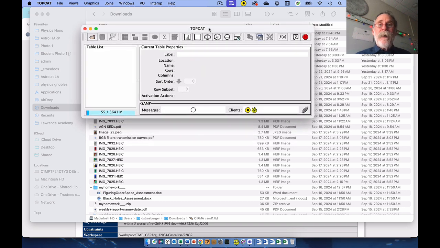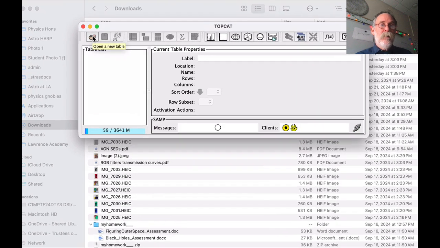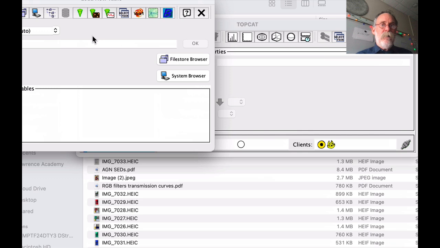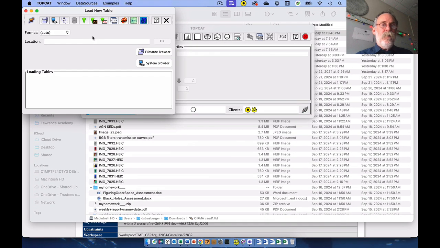And TopCat is basically a tool for working with really big tables, or for working in helpful ways with multiple tables. So I'm going to open this thing up in TopCat. I'm going to go over here to the little file folder thing. I'm going to click on there. And I'm going to say, the first thing,